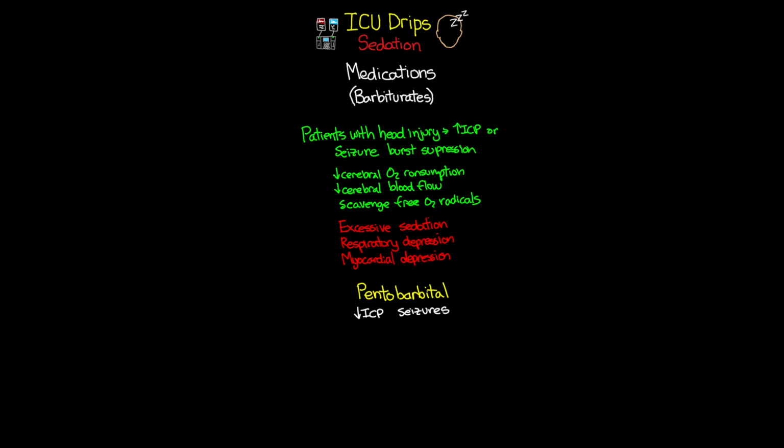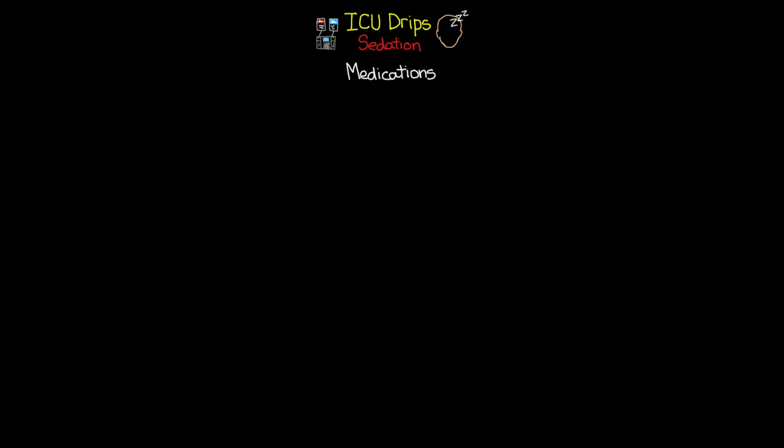Now, for this medication, it's sometimes given in a bolus dose, which usually ranges from 5 to 15 milligrams per kilogram. And this is actually given over 1 to 2 hours. And then our typical continuous IV dose is going to be anywhere from 0.5 to 4 milligrams per kilogram per hour. But the way that we're going to determine the level of the pentobarbital that we want is we're going to base it off of our serum levels of the drug, which we typically want to see from 20 to 50 micrograms per ml.